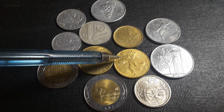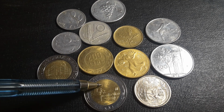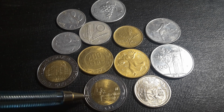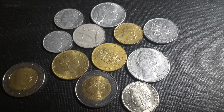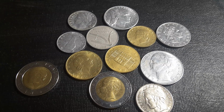Then we have a commemorative one with the 200 lira. This is a normal 200 lira. The normal 500 lira with, can't remember what plaza that is. Then we have a commemorative coin. And then we have the other side of these coins, and as you can see, we have